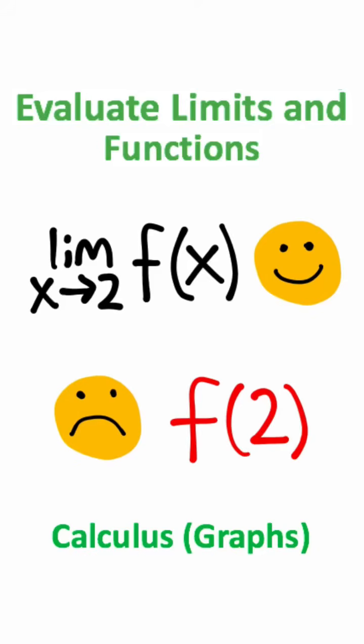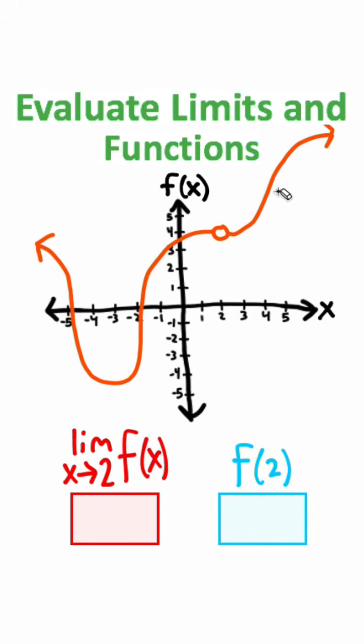So let's say that we have a graph like this, and we have this random curve up here. I'm going to try to find the limit as x approaches 2. So what we're going to do is look for 2 on our x-axis. I'm going to go ahead and draw a dashed line at positive 2, just so we can keep track of